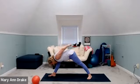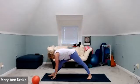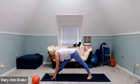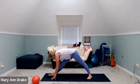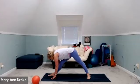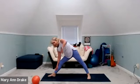Releasing just the hands, place the fingers on the floor and pull that front leg nice and straight. Maybe the toes come up and the heel stays grounded. And then lowering the whole of the foot to the floor. We're going to begin to move into triangle. So slide that right hand on the right foot, bring it up about halfway, and then open up to triangle